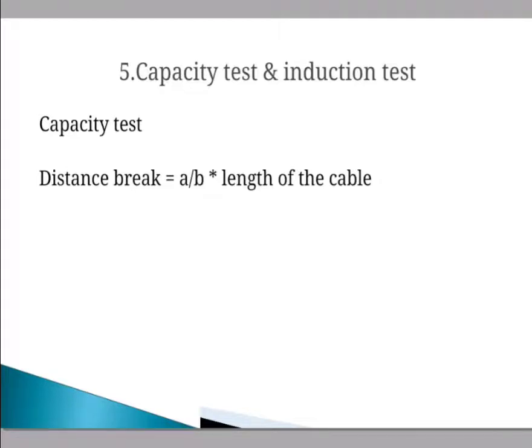If we move to the broken point, where current is not passed through to the other side, at that point there will be no magnetic flux present, and because of that no humming sound is obtained in the search coil. In this way we obtain the exact point of the break in the conductor.